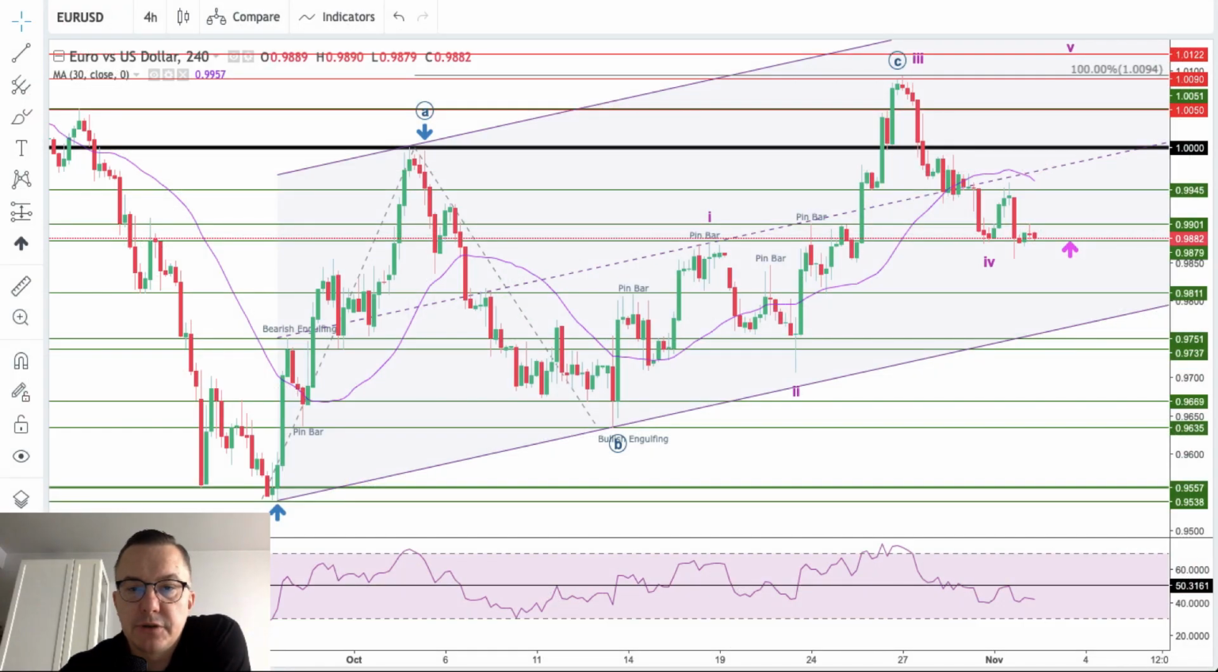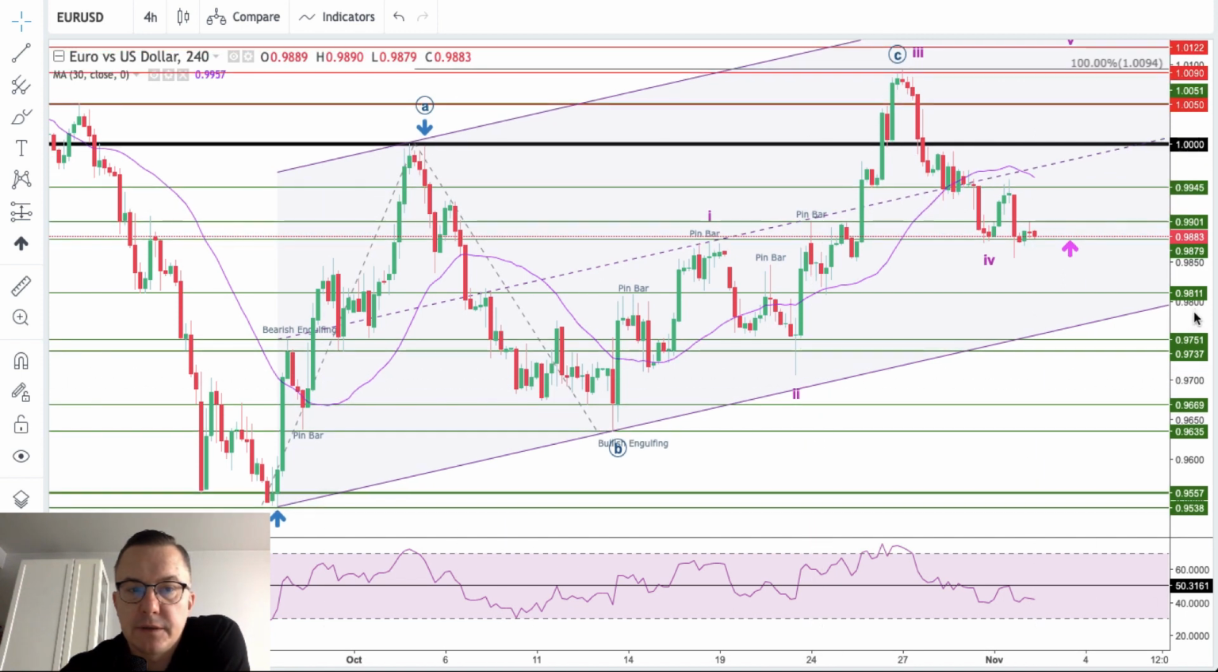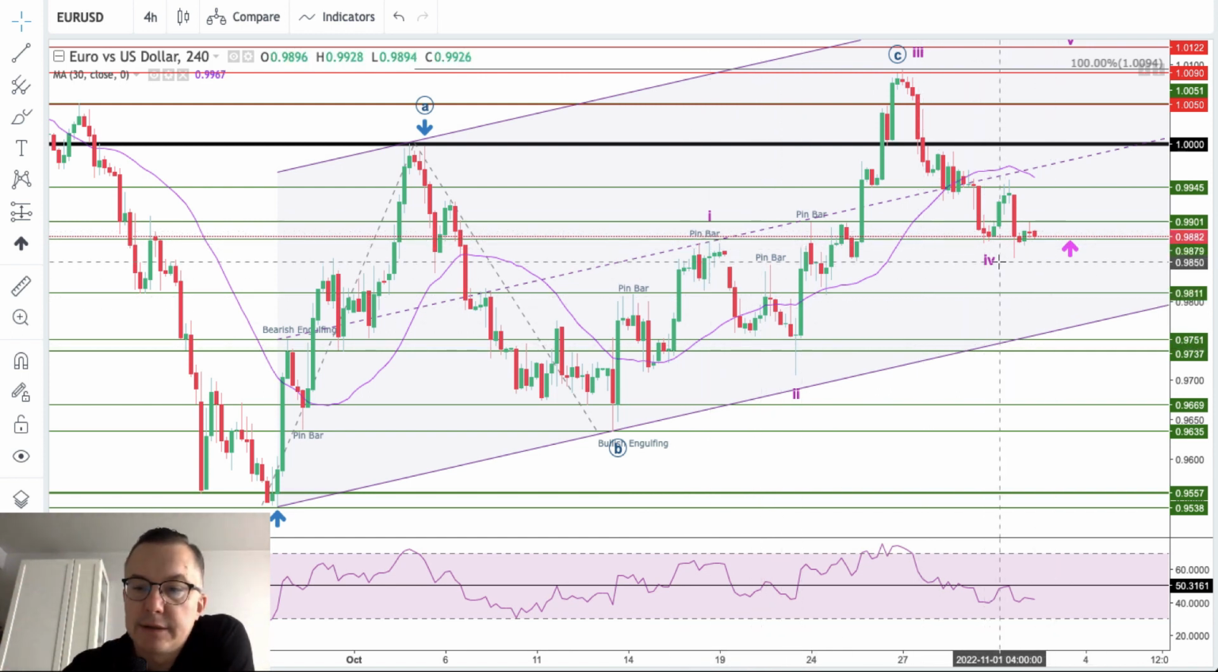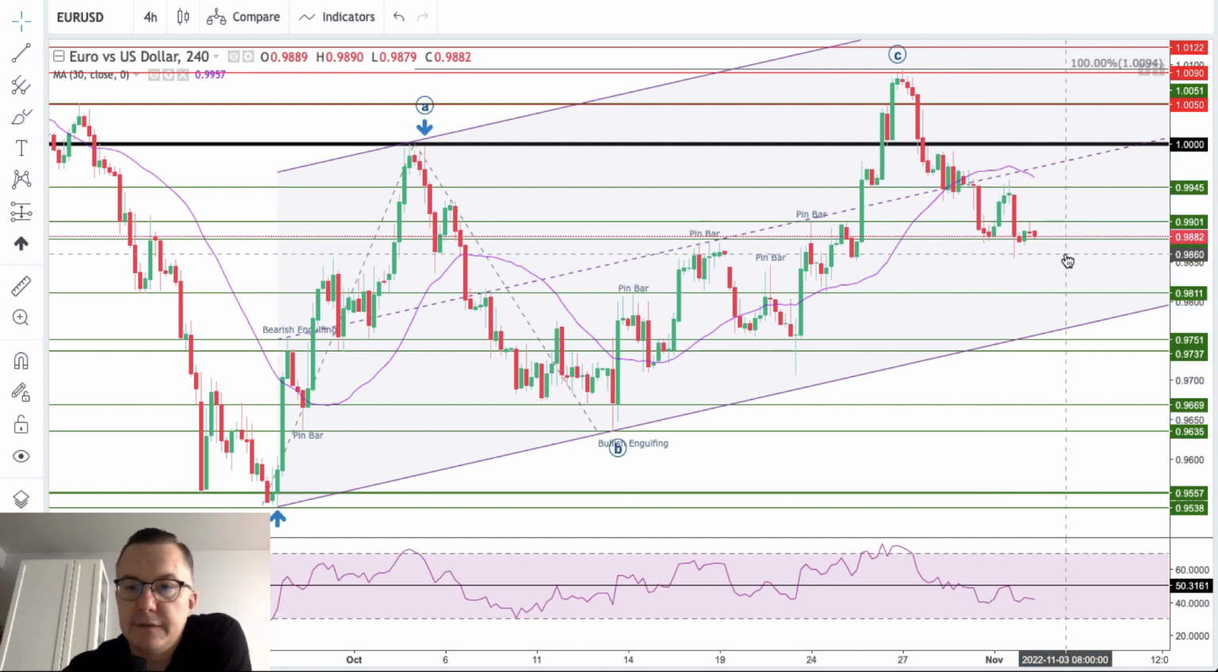Let's start with the euro dollar. Why we start with the euro dollar? Because there is some kind of invalidated scenario here. As you can see, I got my alternate scenario, the 1, 2, 3, 4, 5 to the upside, and because the wave 1 and 4 overlaps over the level of 9,882, this scenario is now invalidated. So we are sure that this up move here was in three waves, ABC towards 100%